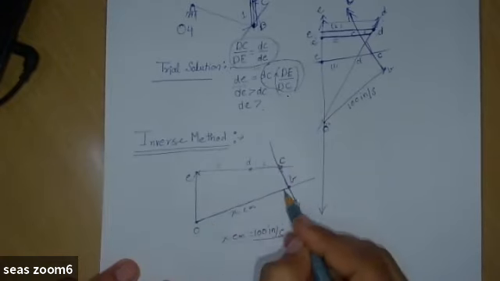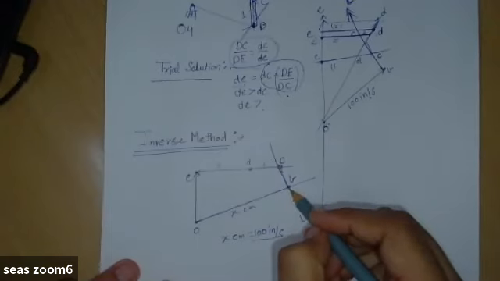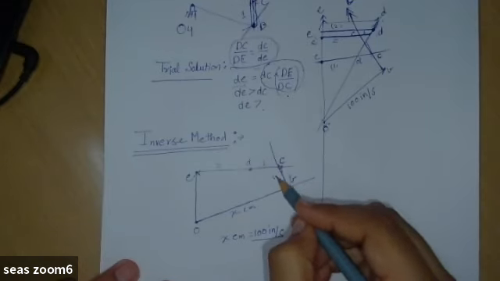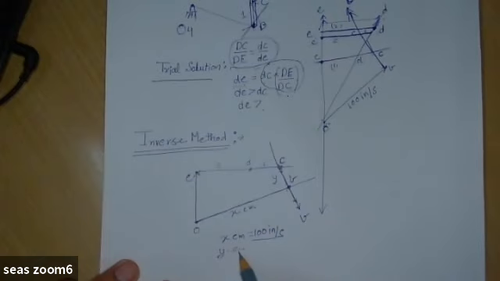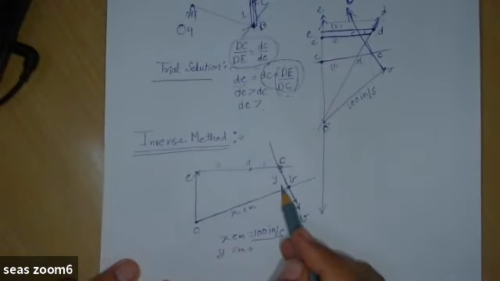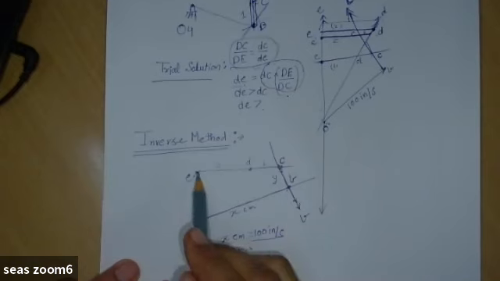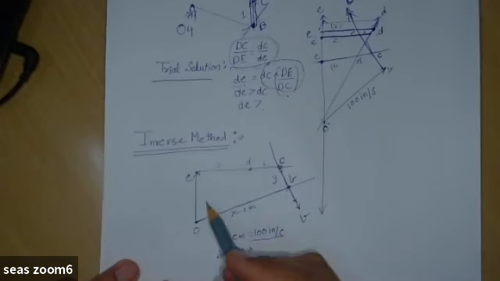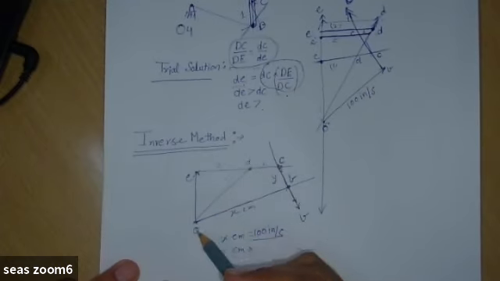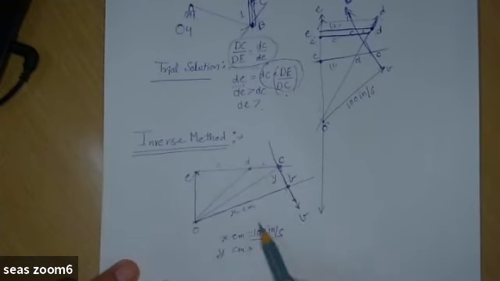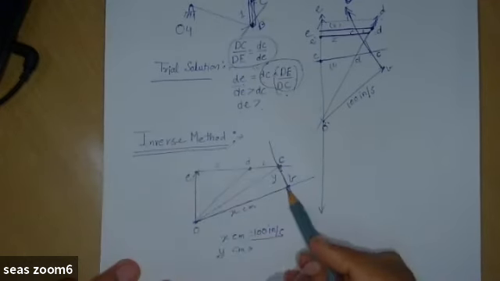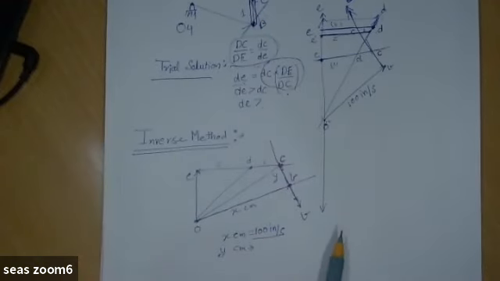If this X centimeter is equal to 100 inch per second, then we can actually determine what this length will represent. Now, let's say this is Y, so we can determine what the Y centimeter will be and what will be the corresponding velocity. Similarly, we can also determine this velocity, this velocity, the velocity of point D, the absolute velocity of point C, and the absolute velocity of point E. So this is again a very simple method to find the velocity using the inverse method.